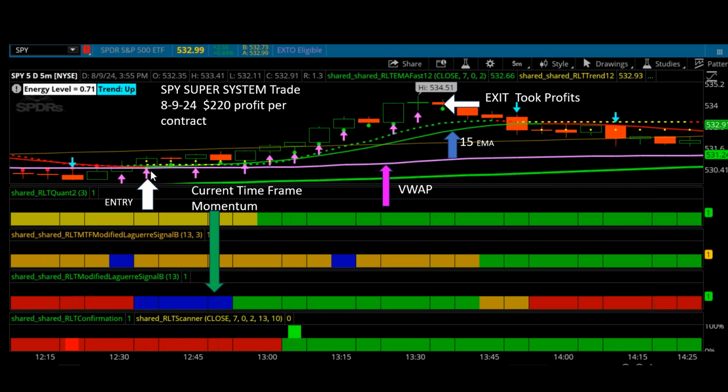The reason this is so important is when you take a trade like this, and we get in right here on this arrow as it went to bullish, it broke above the VWAP and the 15 EMA right here. I'm in this trade. What's my stop? If it closes below the VWAP. So my risk is really, really small. The downside risk is really, really small. So I stay in this trade as long as the stock stays above the VWAP, and then now the 15